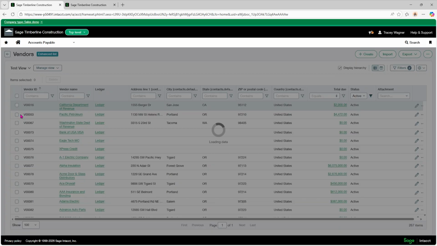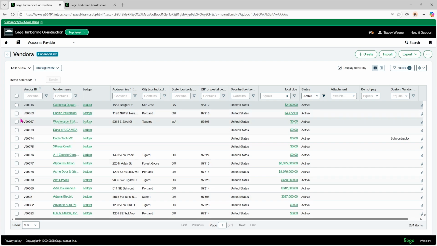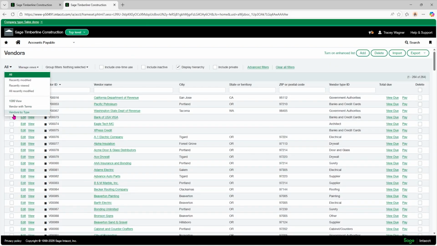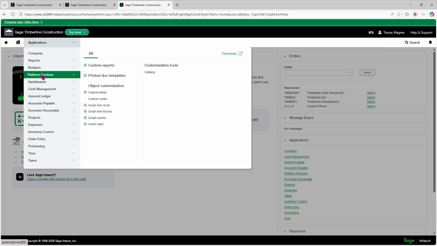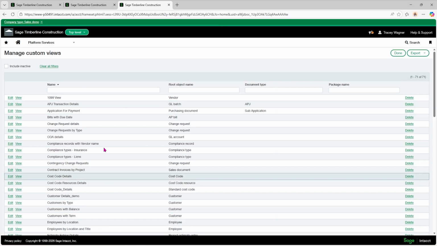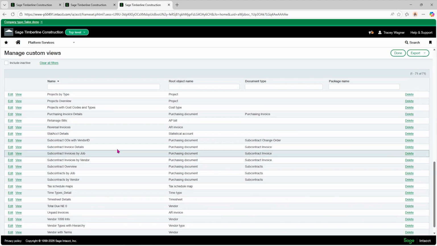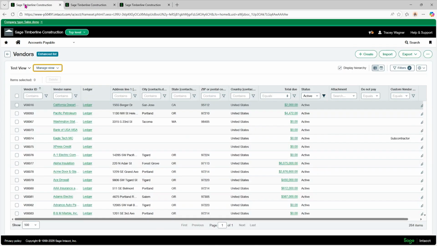I will say though, if you go to a custom view that you've created, it's very easy to delete that view. So let's say you've created a view and you've deployed it for the company and you decide that you don't want that anymore. You can easily come here and delete it. Whereas with custom views on the classic list, you can't delete them from here. You have to go to your platform services if you have access to it, or your admin will have to go to platform services and go to custom views. And this is the list of the custom views that are created in this instance, and you can delete it from here. So that is nice that you can just delete it from your list screen.